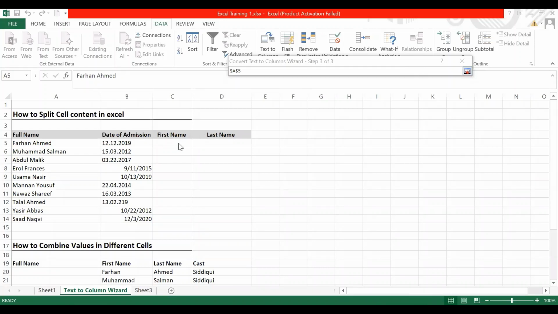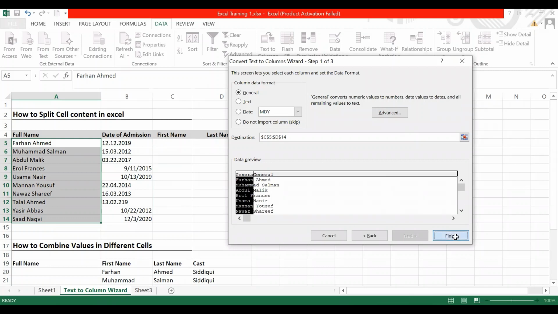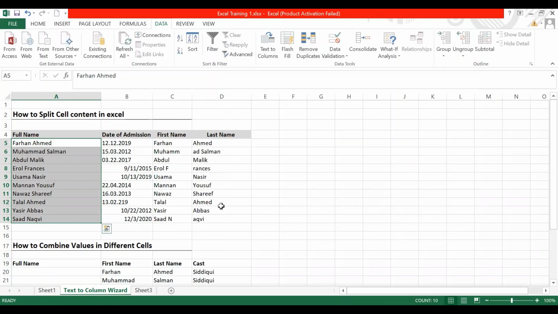In this cell I will select the range where I want the split output. So here I want the values to be split. I will select the range, and then I will come back here and press Finish.